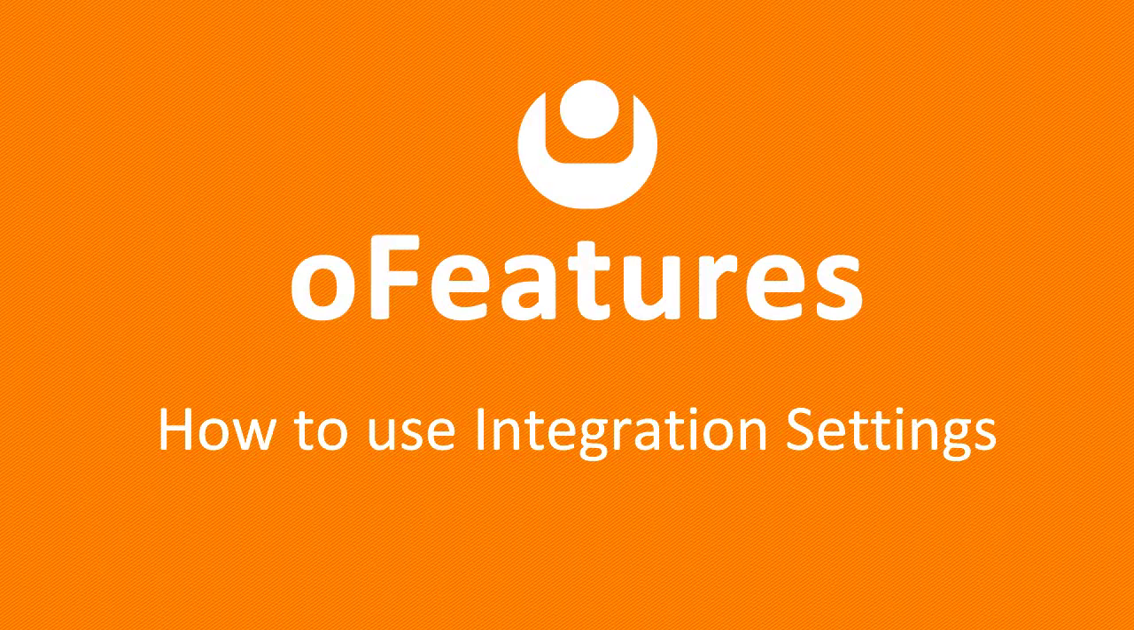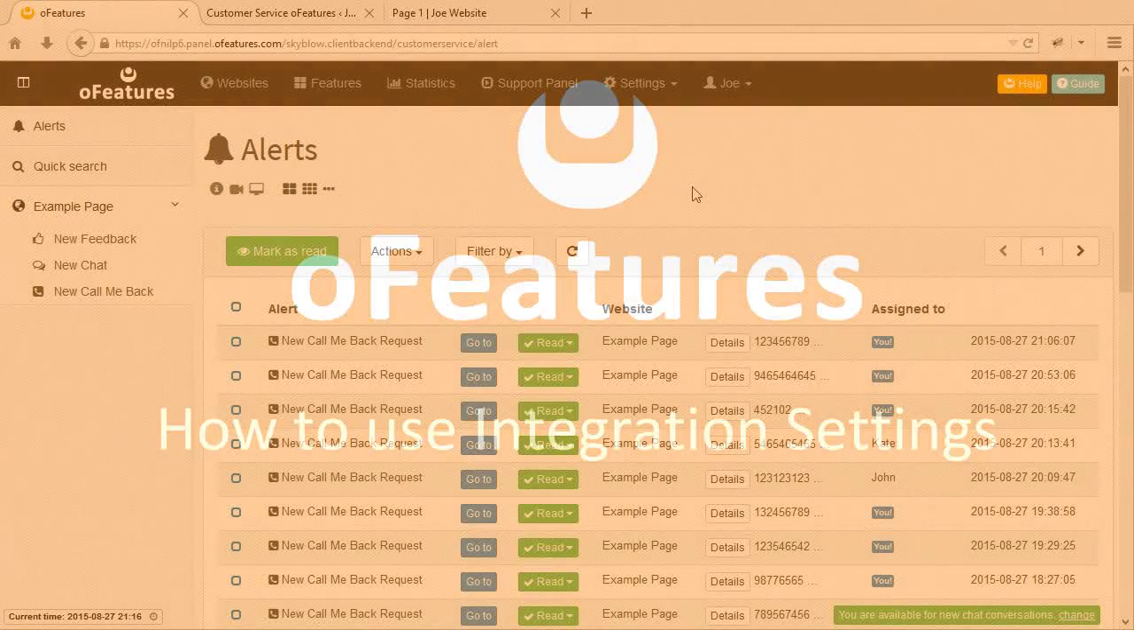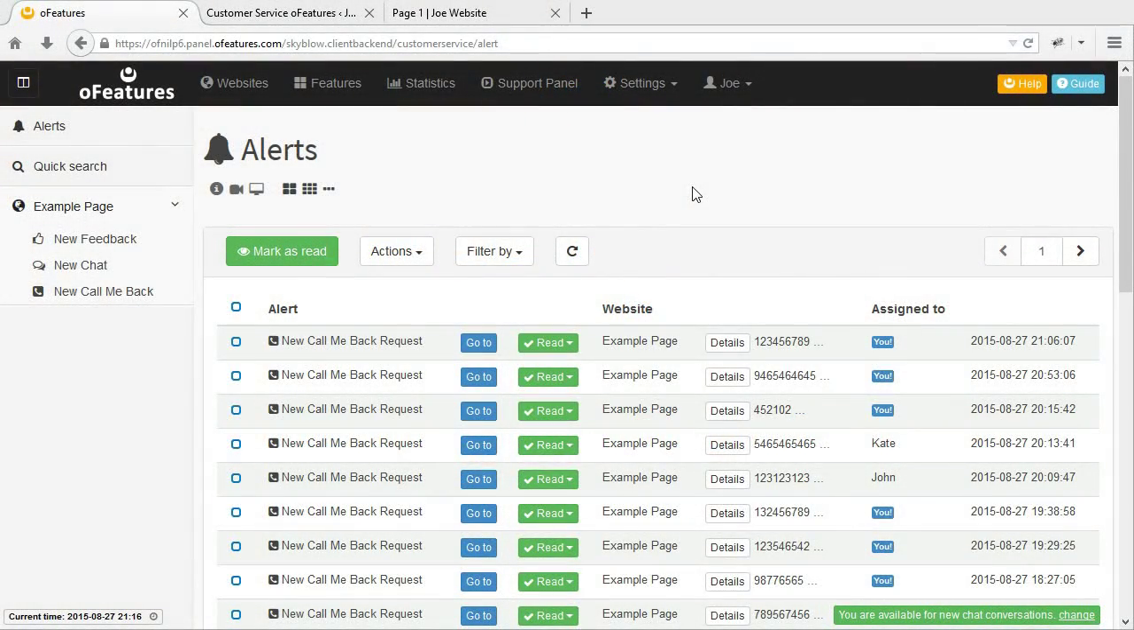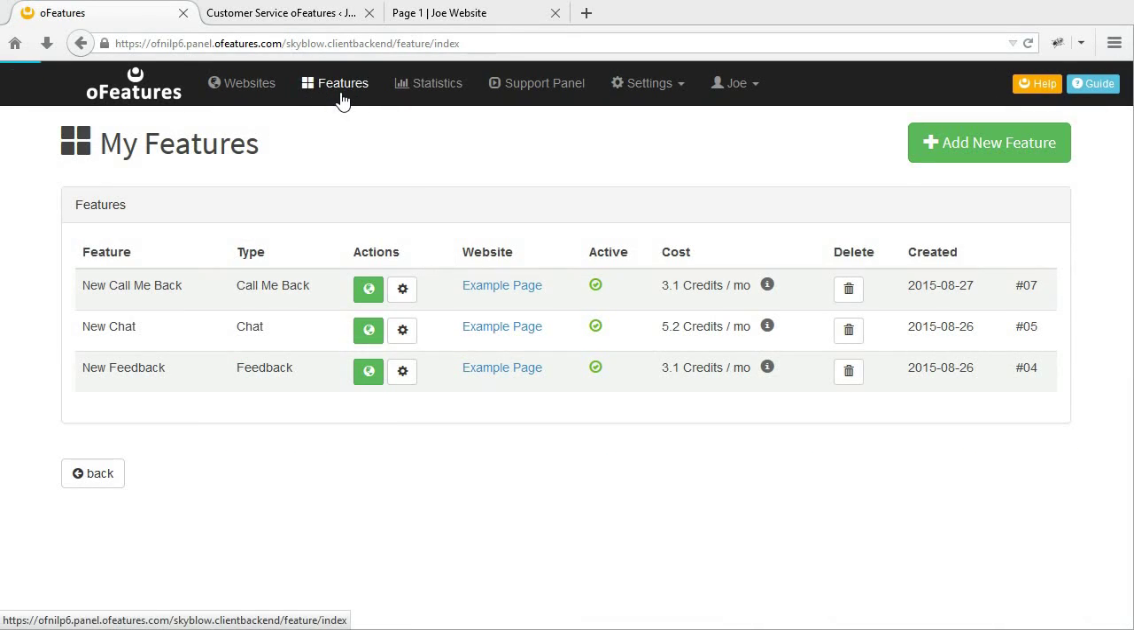In this video guide, you will see how to make use of integration settings. If customers are able to log into your website, you might be interested in integrating the oFeatures support panel with your customer ordering system. First, to go to Integration Settings, click Features,